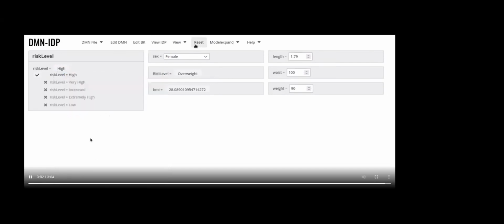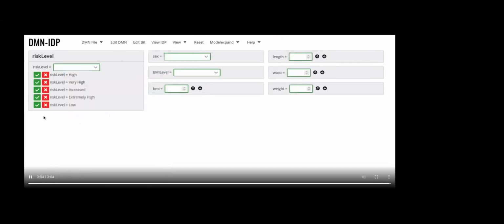We have still some cleaning up to do there to present it in a more user-friendly way. But it does already show that you can use this same DMN model in multiple ways just by inputting it in the system, right? You don't need to do anything fancy with it, no editing the model, just plug it in and it should work.